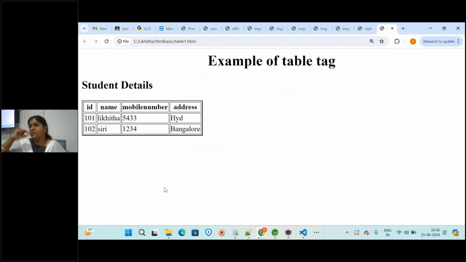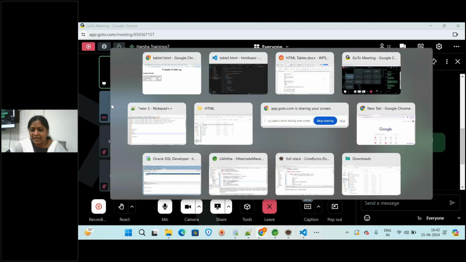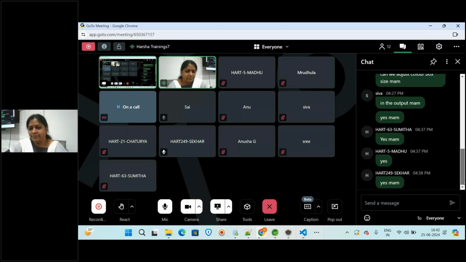Bold. So as soon as you give anything in TH, it assumes as a heading tag and it comes in heading as a thick border. Thick you will be getting bold. So that is the difference between TH and the TR. As soon as you are not mentioning any bold style or you are not giving any width to the text, as soon as you give in TH, it will be coming in the bold. So indicating that it is the heading of the page. Okay, so this is about like how we are writing table tag. Okay, so understood.